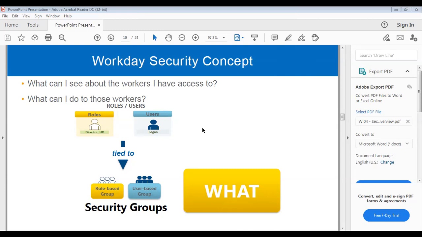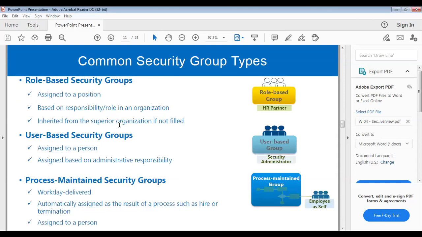But the problem, Shilpa, is you know the concept, but you have to practice more. Okay, so we will see what are the different types of security groups that are there in Workday. Don't try to remember all the names. At least try to remember one or two names, because they may ask you: what are the different types of security groups, and can you give some examples?